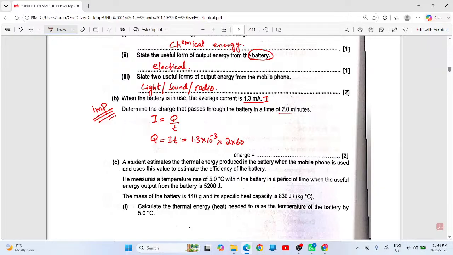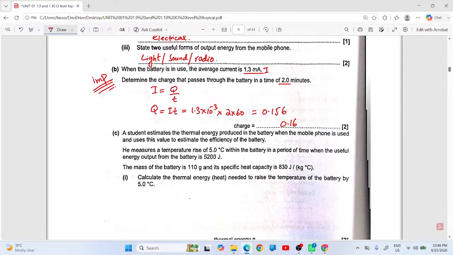जी चेक करें. सर मैं कर रहा हूँ सर 1.3, 0.156. So this is 0.2. Yeah, 0.16. Sorry, 0.16. And the unit of charge is